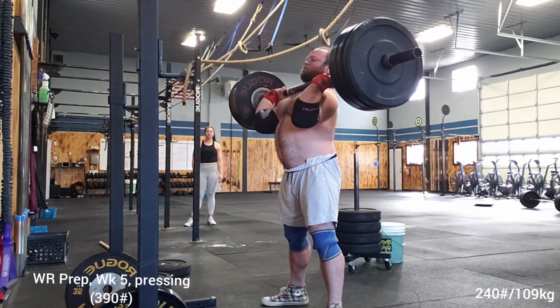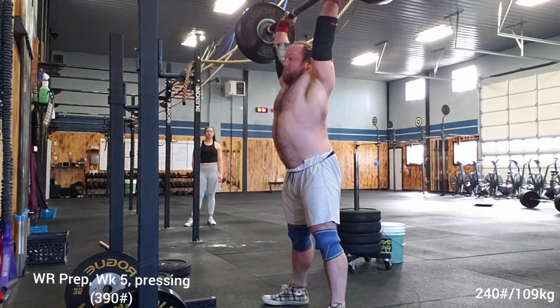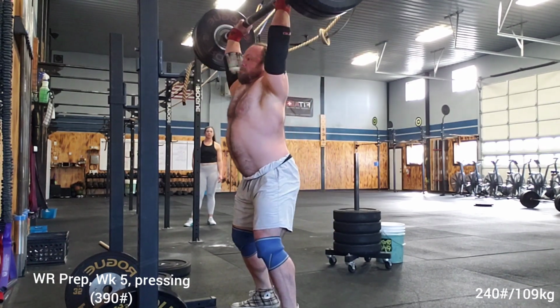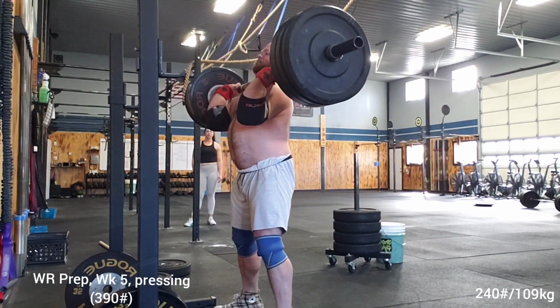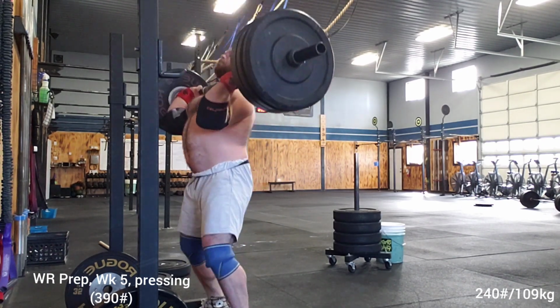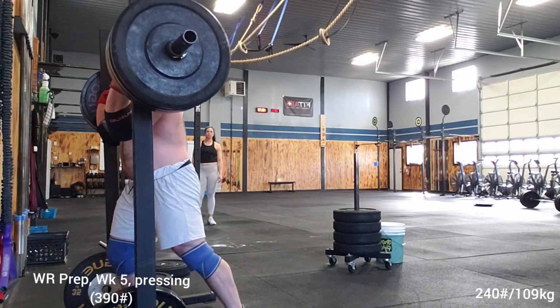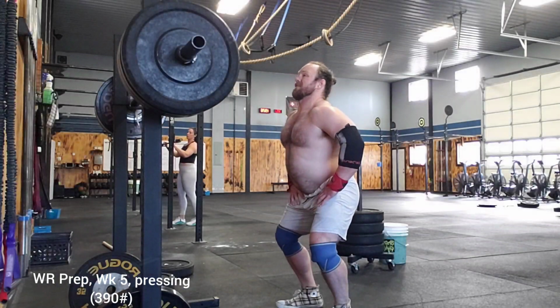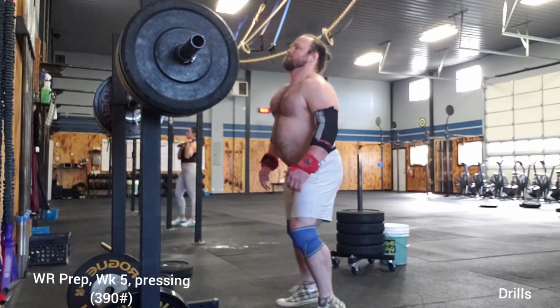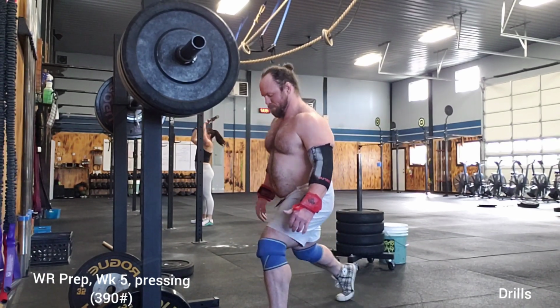Shifted some weight up, went up to 240. Really got a couple good drives in. Again, forward on that split jerk. You can see me chasing the bar. That was a little bit better. Still rather forward. You can see that I'm frustrated with that. I was clearly frustrated with my